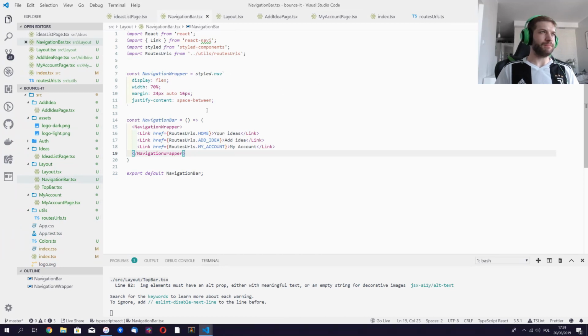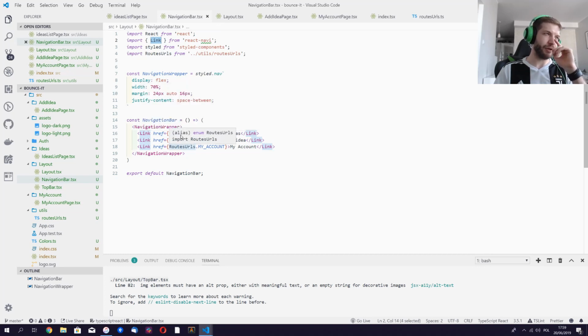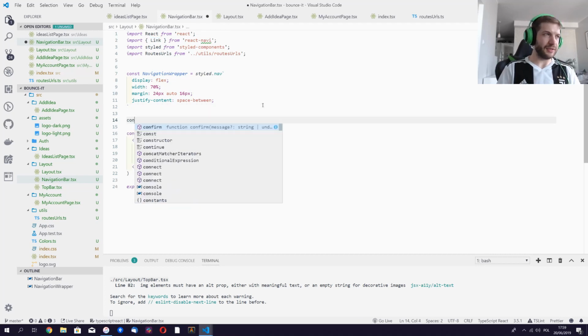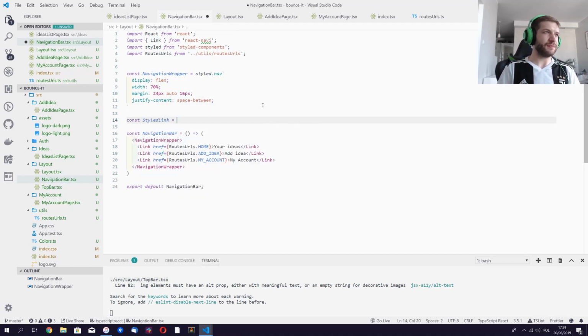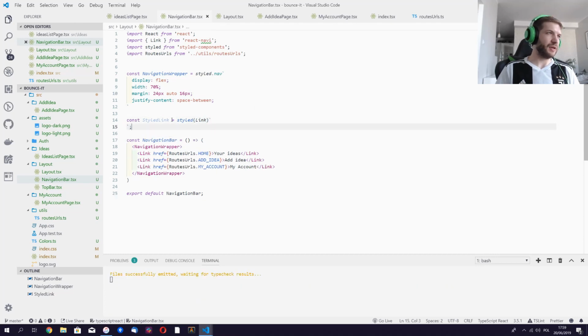So, the problem with the link component provided from React Native is that it isn't really 100% working with styled components. And what I mean by that is I would like to do something like this. A styled course link. Yeah, pretty much restyling the link. But then something is wrong with the